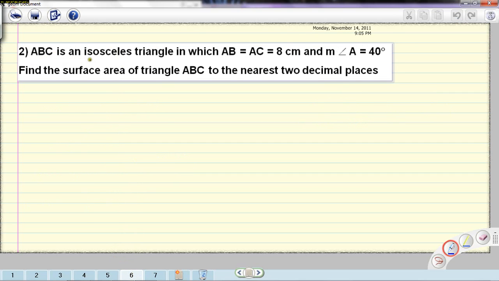Question number 2 says ABC is an isosceles triangle. AB equals AC equals 8, the measure of angle A equals 40. Find the surface area of triangle ABC to the nearest two decimal places. I have to draw something like this, and you must use a ruler. I don't have a ruler here, but you must use a ruler to draw an isosceles triangle A, B, I'm sorry,